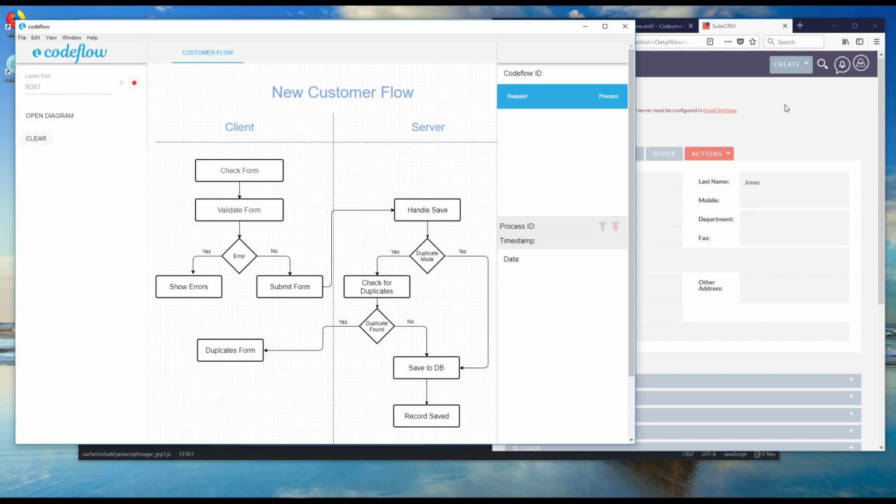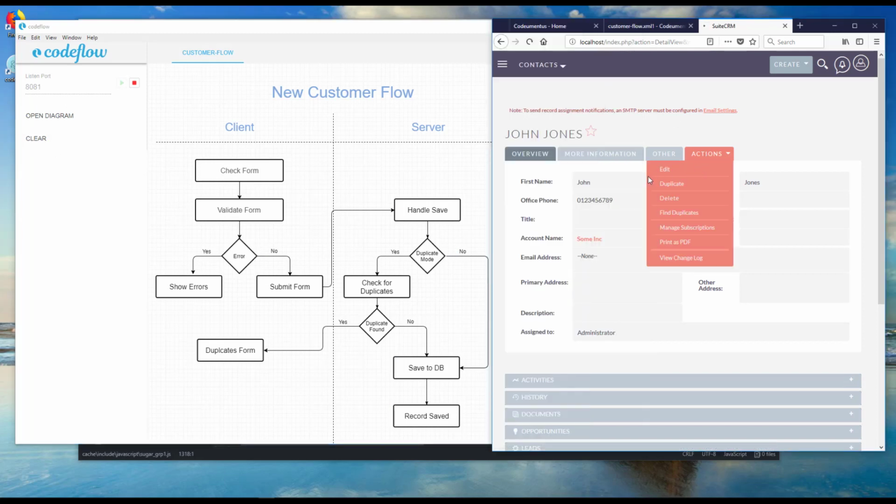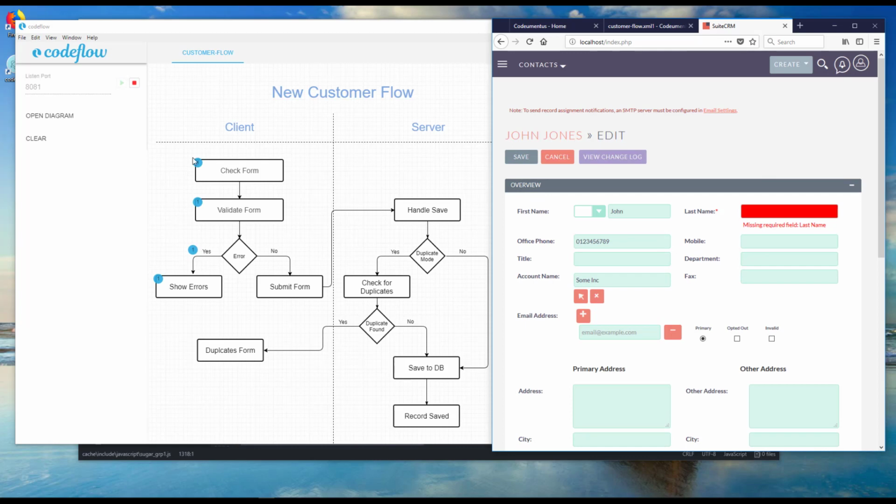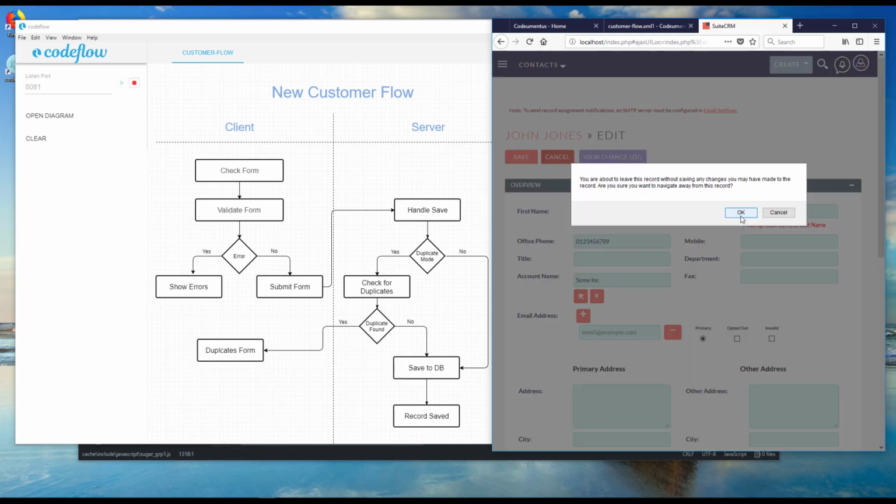I'll clear that now, and I'll go and do the very same thing. And in this case I'll take out the last name, which is a required field, and I should get some validation. So we can see now the execution has flowed through check form, validate form. Have we got an error? Yes. Then we show errors. I'll clear that once more, cancel that,